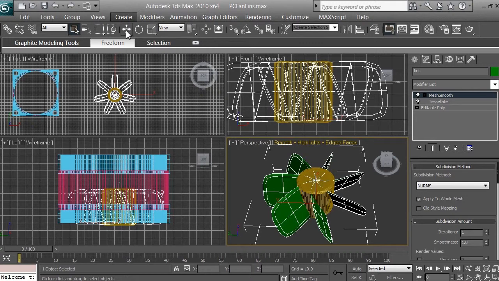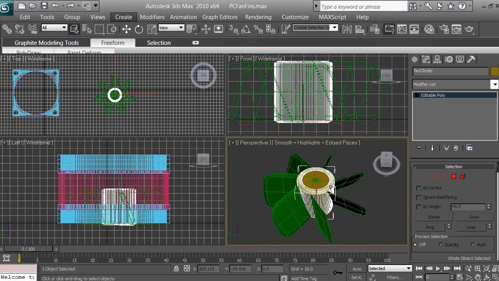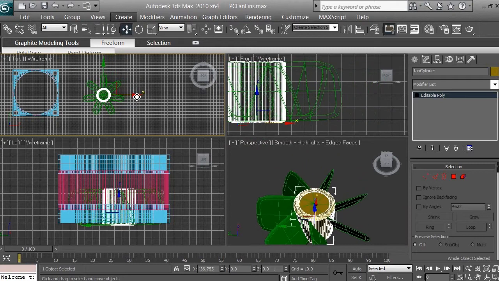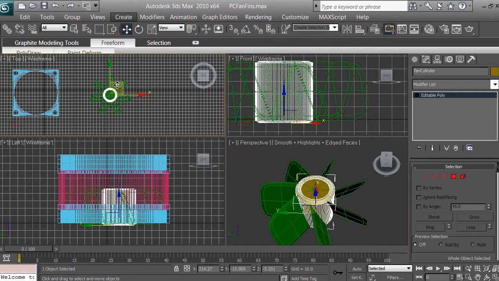Okay, and let's go ahead and using our select object tool, I'm going to go ahead and select the fan cylinder, as we named it. Let me name it correctly, cylinder. Okay, make sure it's selected. We're going to use the select and move tool and go back to our top viewport, right click on it, and again, make sure your select and move tool is selected. Move it by X, and you can see our fins are moving with our cylinder,